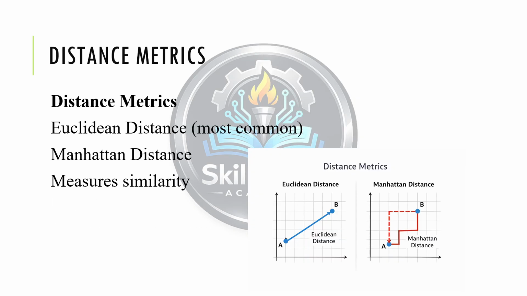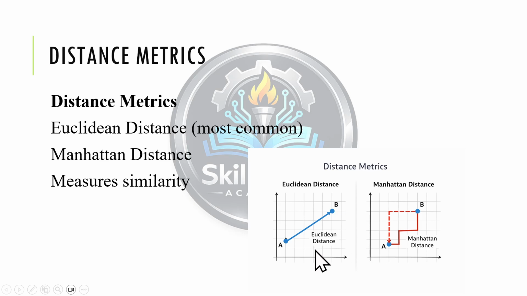And now let's look at the distance metrics part. See this here, the straight line from A to B represents the shortest distance, that is Euclidean distance. And then here we have a step-like path from A to B, like moving on a city grid. So there are different paths shown here.